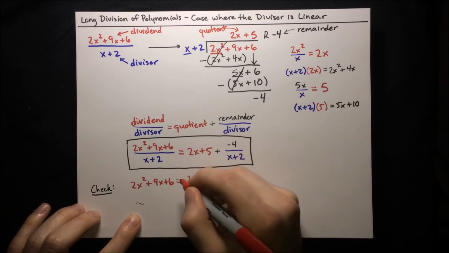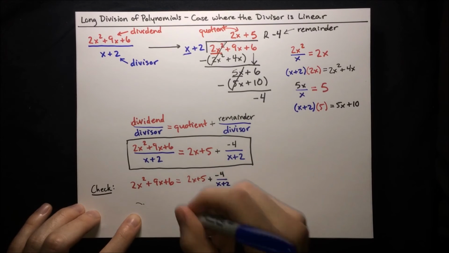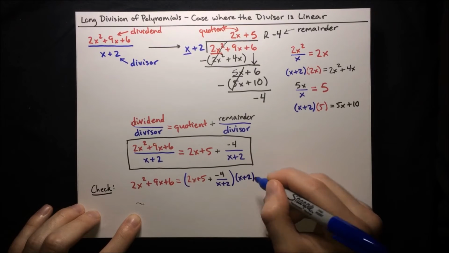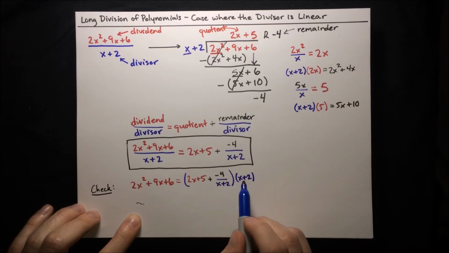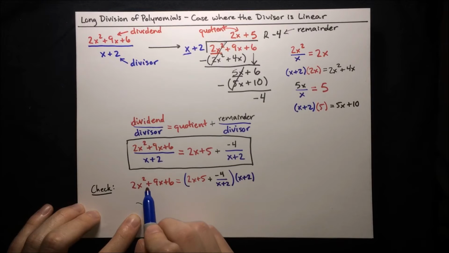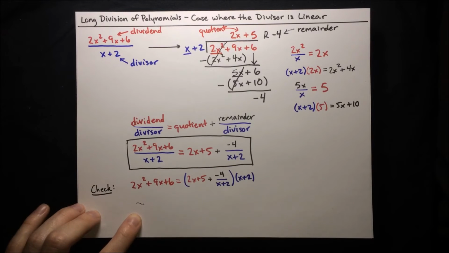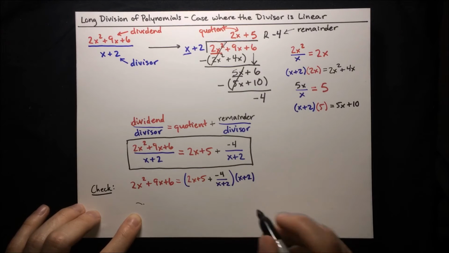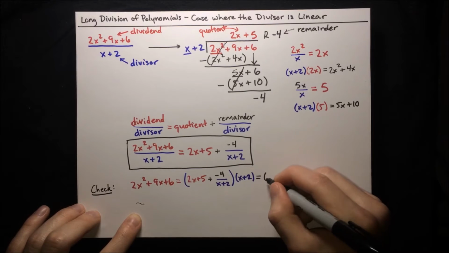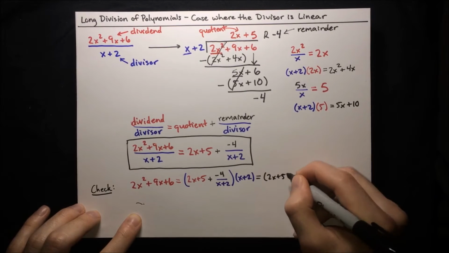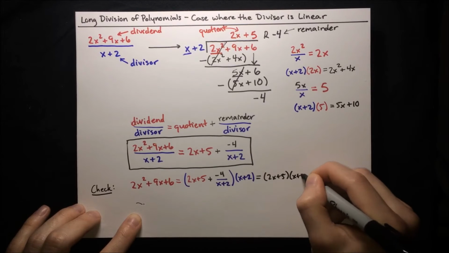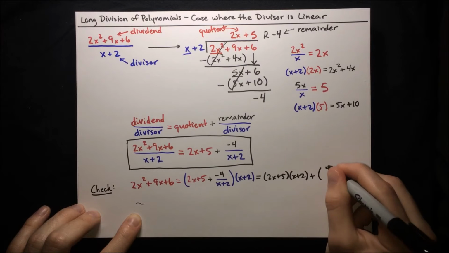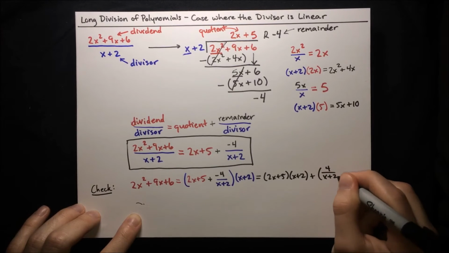times x plus 2. So we'll put that in blue to match up the colors. And if we multiply this out, it should yield the same result as the left-hand side. So let's go ahead and do that. So x plus 2 times 2x plus 5, we'll write that over here. So 2x plus 5 times x plus 2, and then we've also got a plus 4 over x plus 2